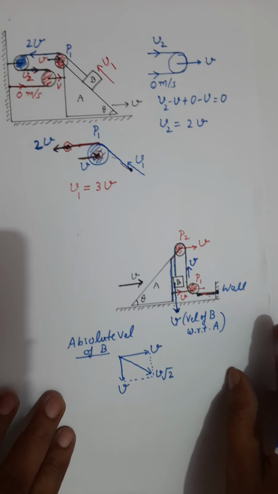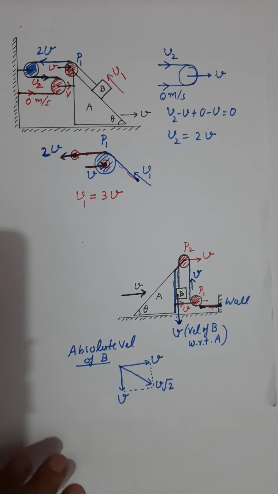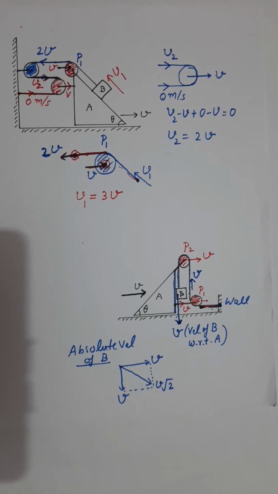Right. So these were the concepts and problems related to the wedge constraint equations, which are very, very essential, required for the Newton's laws of motion chapter. If you are trying to solve any problem which is related to a wedge, string and a pulley, these concepts will definitely help you. Hope your concepts are clear, and still if there is any doubt, you can write or drop a message to me.